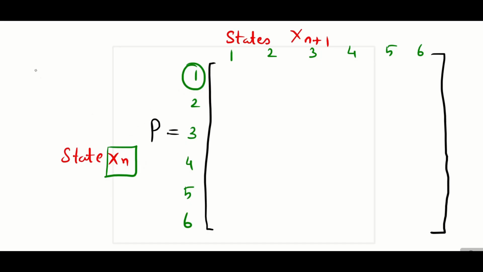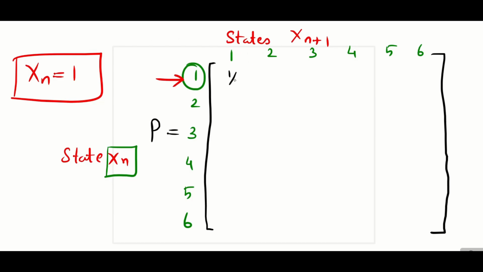So now let us take xn equal to 1. That means the maximum of the numbers occurring on n trials is 1. So on the n plus 1th trial, the probability of getting 1 is simply 1 by 6. The probability of getting 2 is also 1 by 6 because up to n trials it is 1. In the n plus 1th trial it is going to be 1 by 6, 1 by 6, 1 by 6 and 1 by 6. Okay. Next, when up to n trials my maximum number is 2, then in the n plus 1th trial